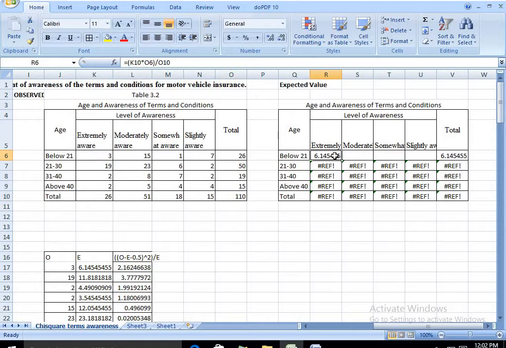See the example here. The row total is K10, the column total is your O6, and the overall total is your O10. So in this case, if I put the $ sign, I can drag it horizontally.